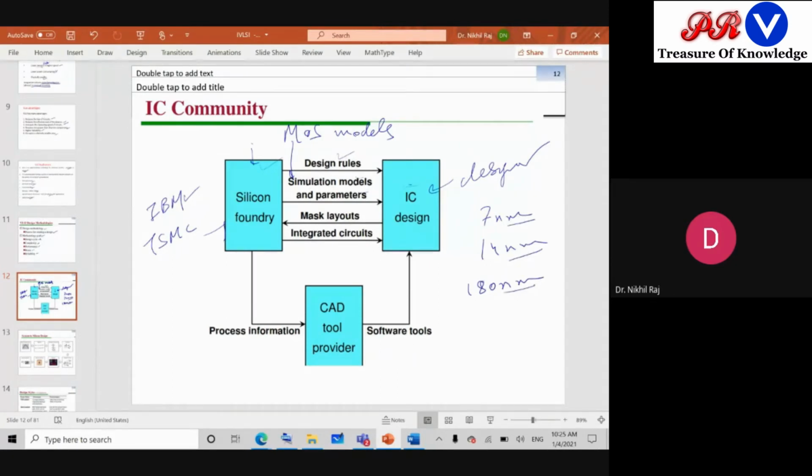According to these technologies, they give MOS, let's say MOS 1, MOS 2, MOS 3. So different MOSFETs exist, and different MOSFETs are provided by the silicon foundry for different technologies. Based on these only, we realize the circuit and do the analysis. So it gives the simulation models and the parameters according to the technology to the IC designers.